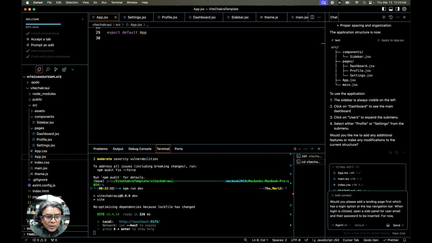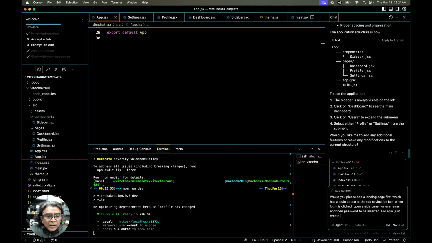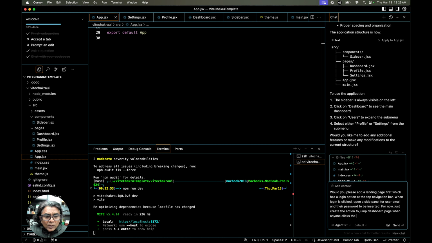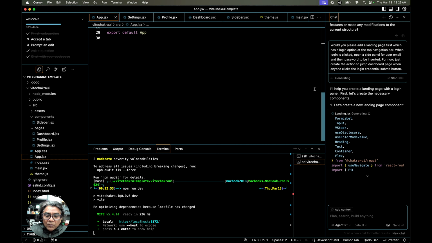For now, just create the action to jump to the dashboard page when anyone clicks the login credential submit button. So we have created a design where we need a base landing page, and